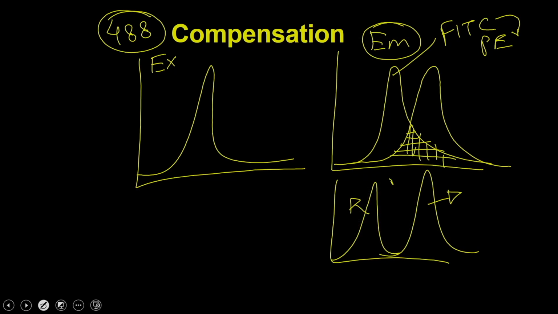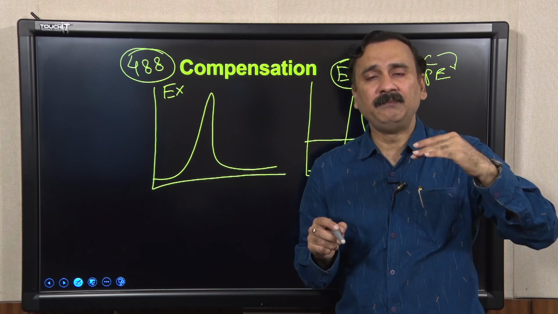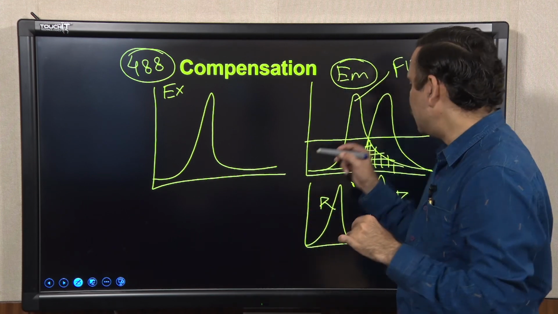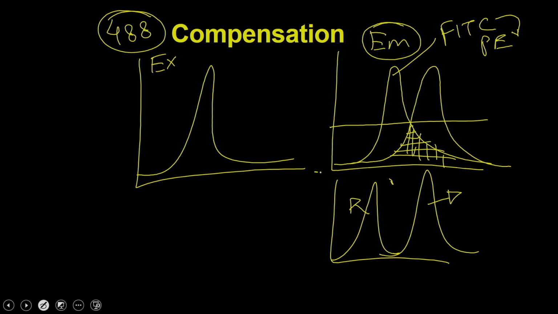So what I have to do is collect the sample and cut down the data in such a way that, suppose this is a background, right, so this is of zero fluorescence. If I increase the level of my background and make it slightly bigger, for example, if I go up to this, then I am achieving this particular kind of condition. But when you go through this process of cutting the data, you are actually losing data. For example, you are losing this much from the FITC and you are losing this much from the PE, which means